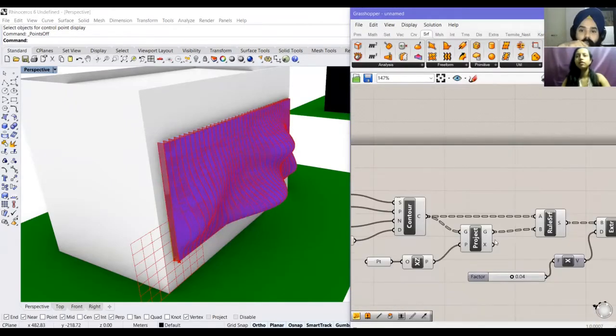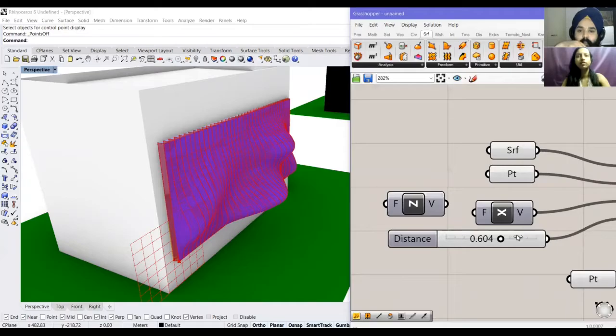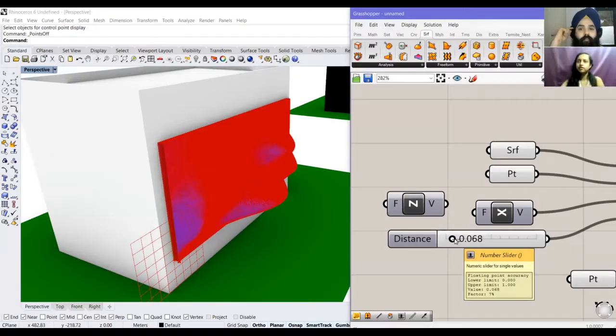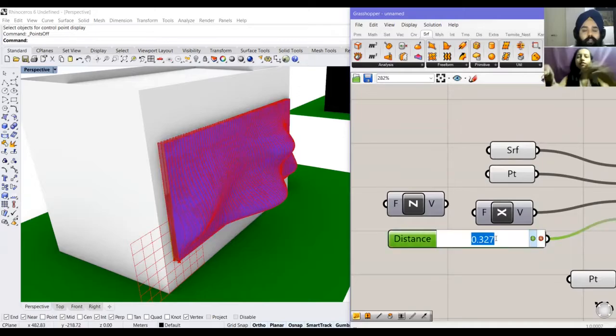Okay, so let's change the distance between the louvers. Do you see it moving? Absolutely. If I increase the distance versus if I decrease the distance a lot. So if you were to also build this entire thing using surfaces, this is how you would build it. Let's get back to 600.